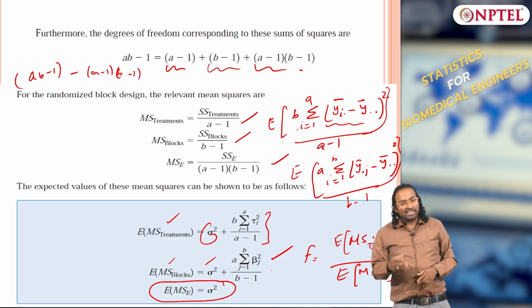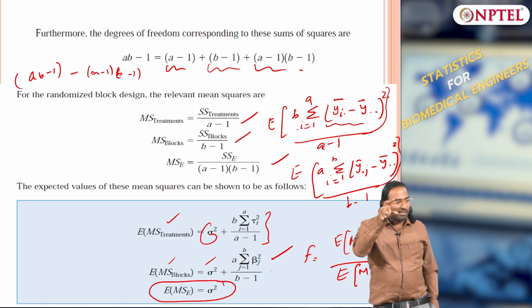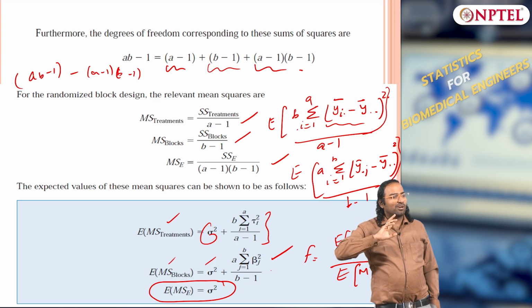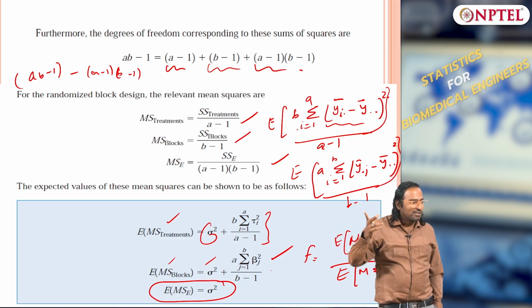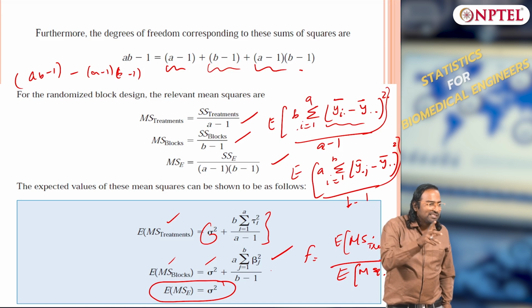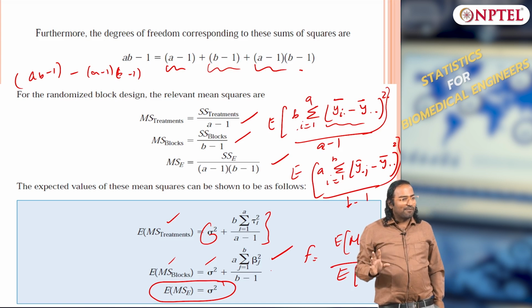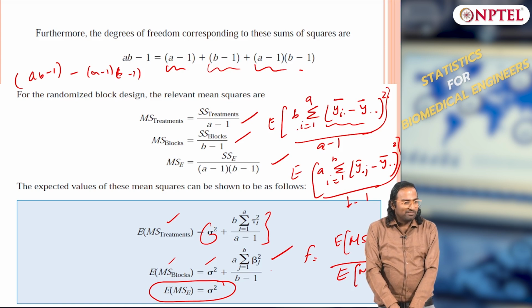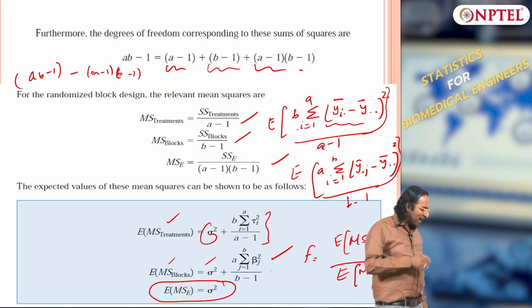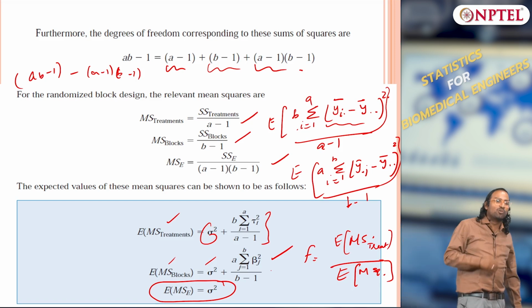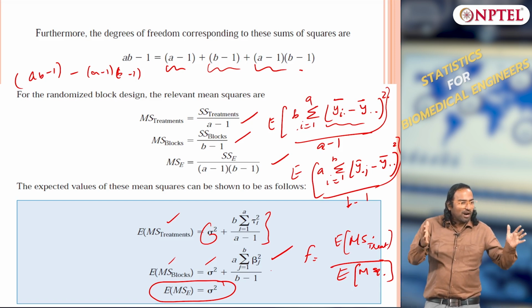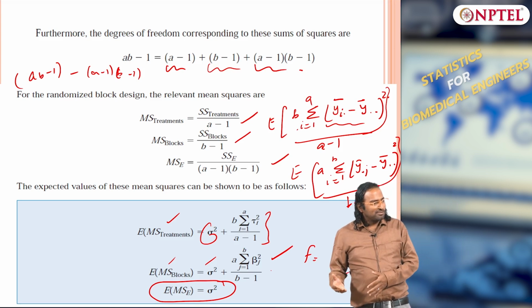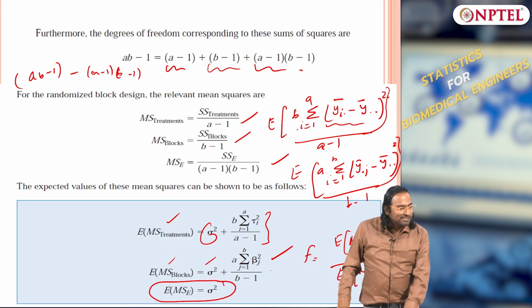That is the idea: the entire effect of the block itself is captured in your sum square total. When you split the sum square total, the entire effect of block is captured as sum squared block, and therefore your noise variance is significantly lower. So that is why I asked the first question: what is the effect of blocking? If you do not block, that overall effect will go into the residual and show up as noise. Rather, I have captured that variance separately.